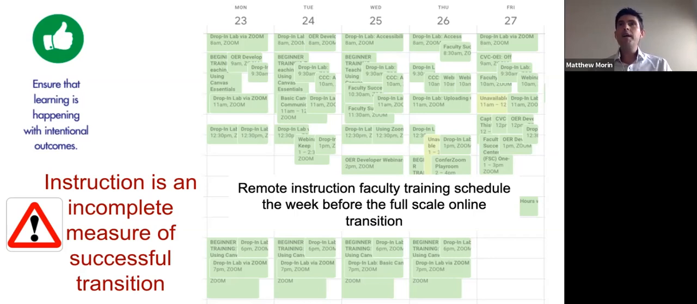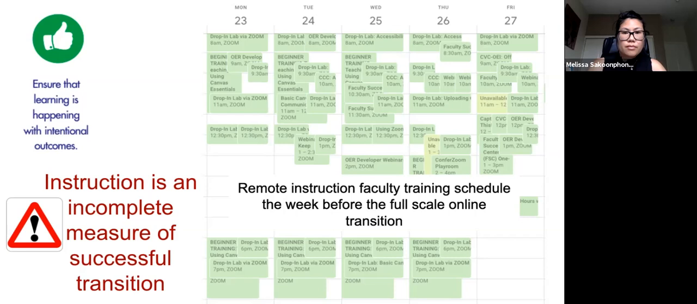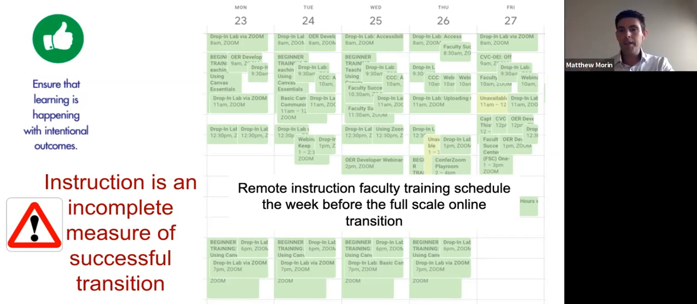But moving a college online is more than just a classroom, right? That's why I have this warning sign down here: instruction is an incomplete measure of successful transition when we're talking about this COVID-19 transition, because when we looked at it from a student services or student support perspective, and if you could go to the next slide,